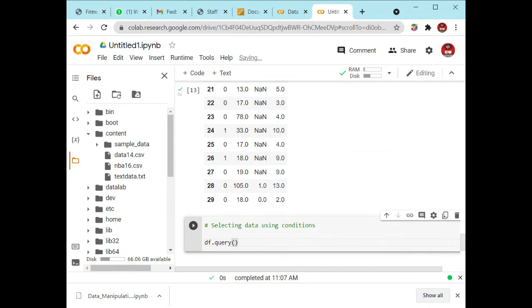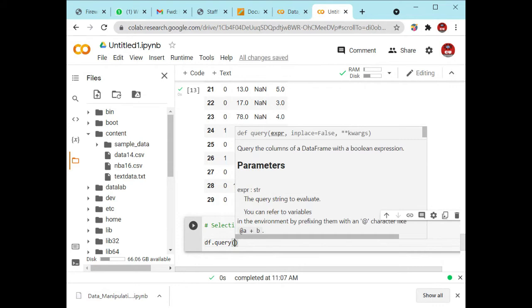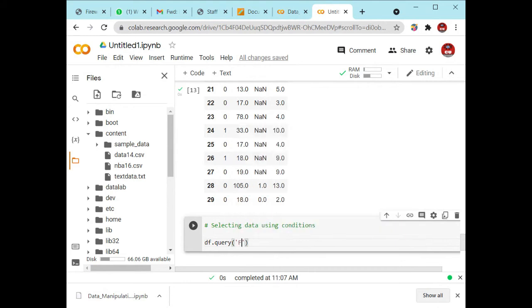This is the function name, query, and you have to show the data with some conditions. Let's suppose that I am taking the condition that the value present in the column F4 should be greater than 20, and you have to use the value f1 that should be equal to 1.